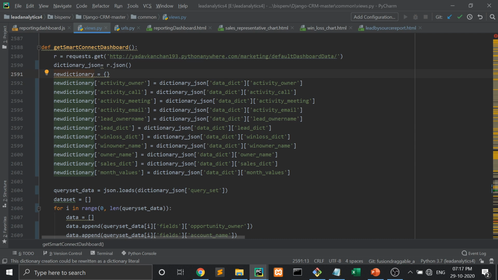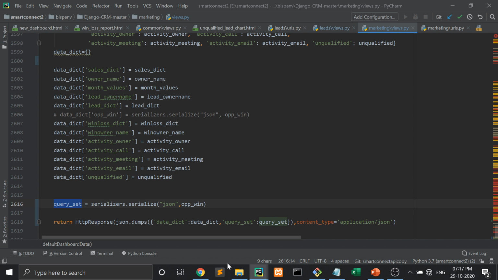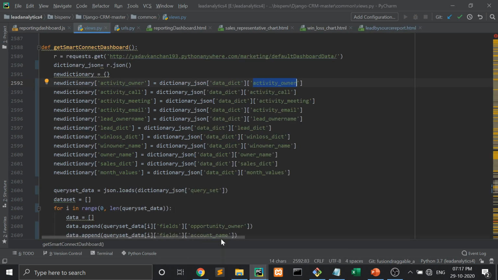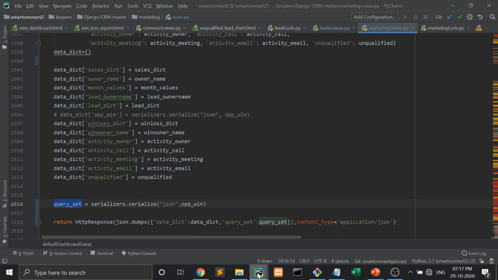The variable name is activity owner, and then dictionary JSON data dictionary activity owner. Data dict means this data dict, so it will fetch the data. In this way we fetch the dictionary data, and the query set data equals json.loads of dictionary JSON query set. Query set means this query set here.